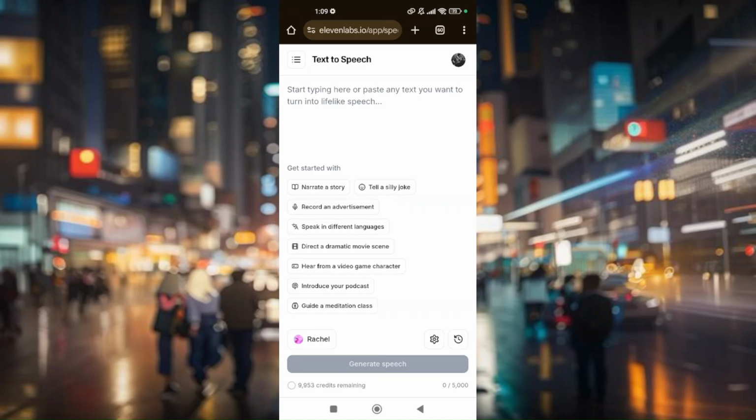Now from here, the first troubleshooting step that we will execute, if you're using the browser from your phone, is to clear cache data and cookies for the specific browser that you are using for Elevenlabs. So say for example, I'm currently using Google Chrome on this iOS device right here. To clear it, just press on these three dots at the top right